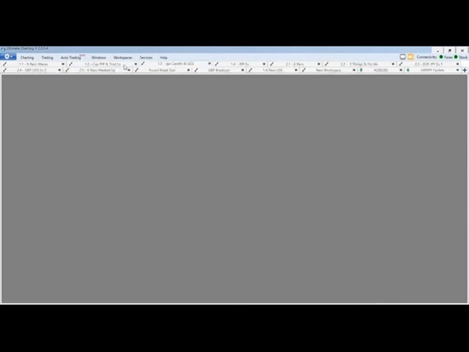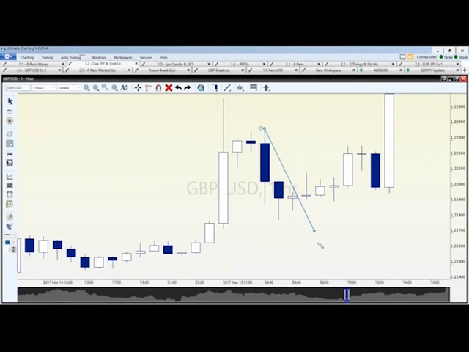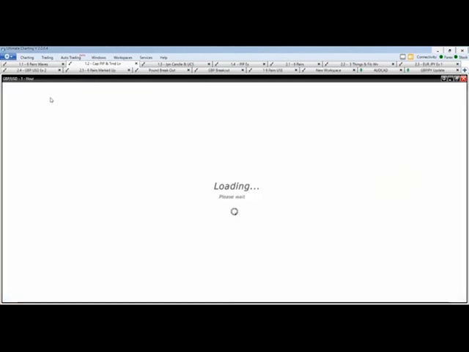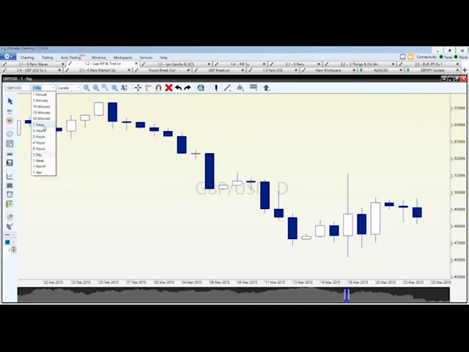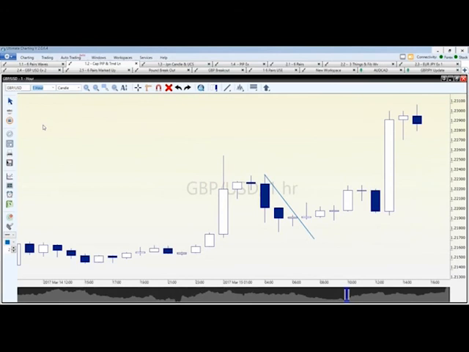Let me go back to where I was. I think I was right here. So there's just so many very, very powerful different opportunities that you can do. I haven't even shown you up here on the left, you have the different pairs. You can turn this into a 5-minute chart if you want. You could turn it into a daily chart. There's different ways how you can look at this. So it's just a very valuable skill set.